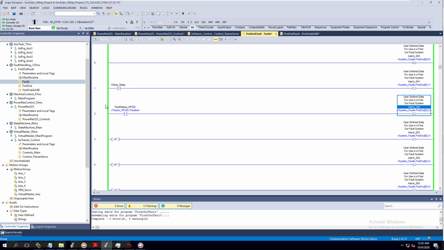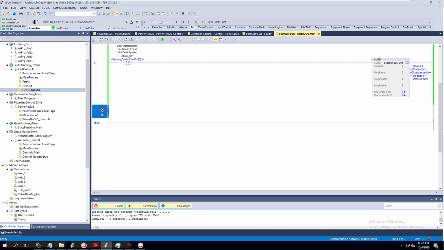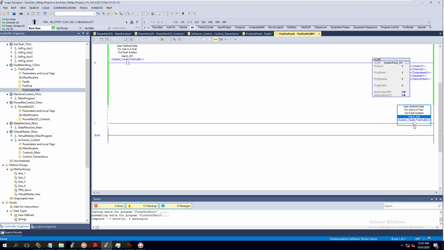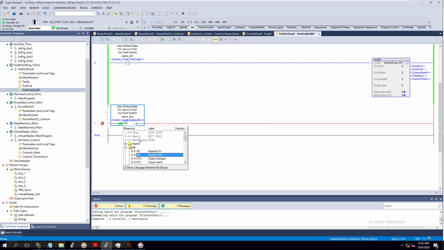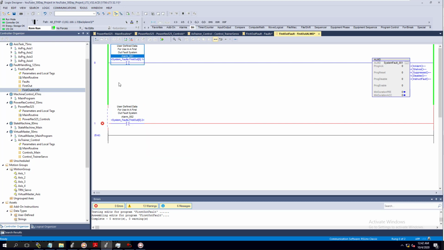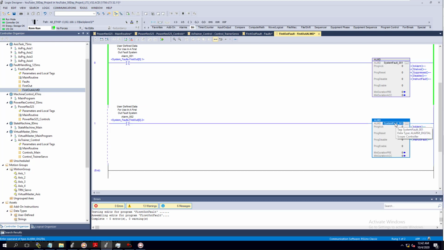Let's copy this, and let's go back in our ALMDs, paste that in here, and actually change that to an actual, actually wrong, examine open. And then what we'll do, just to make this simple, is we'll copy this one and we'll paste it, because we've already done this once, right? We'll name this fault 2,